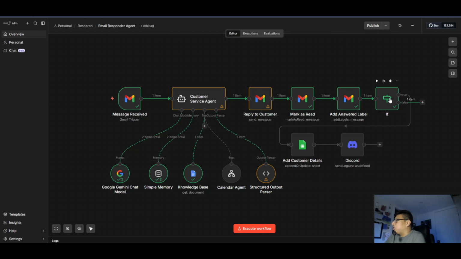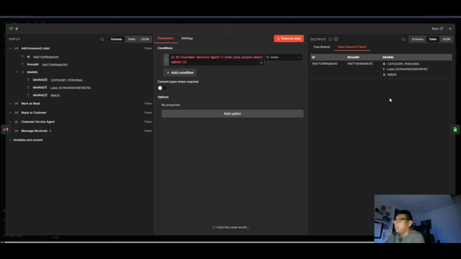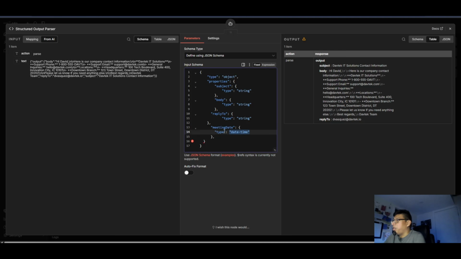And now moving on to the if. So the way this works, this is showing up as red because in that last run I just sent a quick email to show you the nodes. But if there was a meeting date there, this would be green. So the agent is instructed here to output a meeting date, which is in a structured output right here.